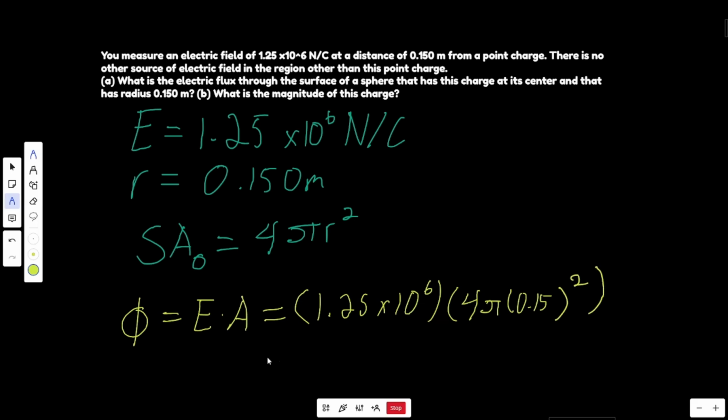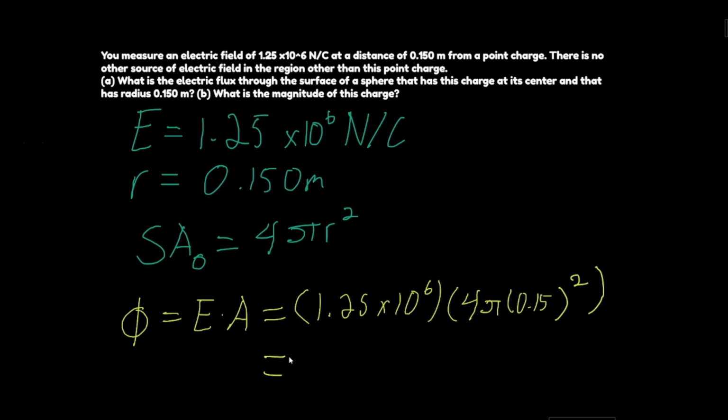So all we have to do now is multiply. We can put it into our calculator and we'll get, hold on, let me get mine. So 1.25 times 10 to the power of 6 multiplied by 4 pi times 0.15 squared. And that gives us an answer of